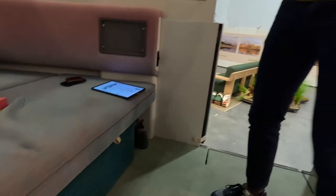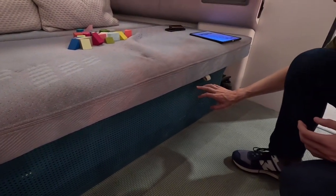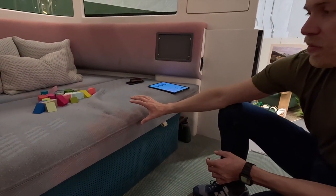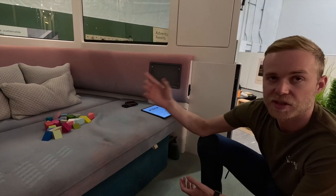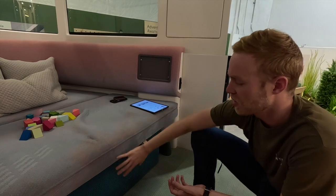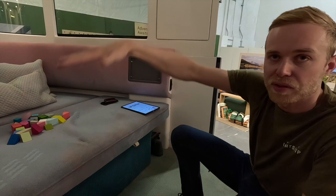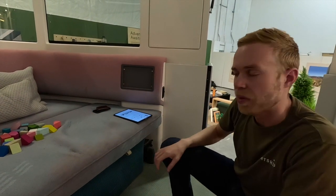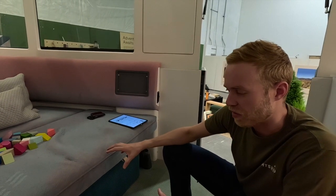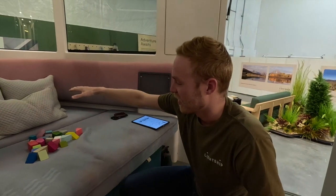Yeah. Does this come out right here? Yeah, this one does. We've had a couple of issues on the prototype, so I don't want to pull it immediately, but this is going to be one of, if not the, notable changes between the prototype generation of the product and the production version. We designed this like an IKEA sofa, if you've seen those, where the foot comes out and you flip it up. For the production version, this was still a few too many steps for my liking, and so we've now got